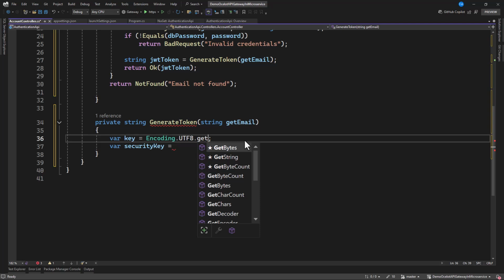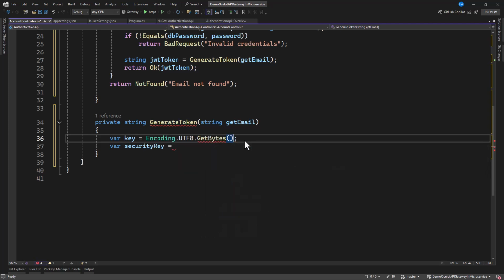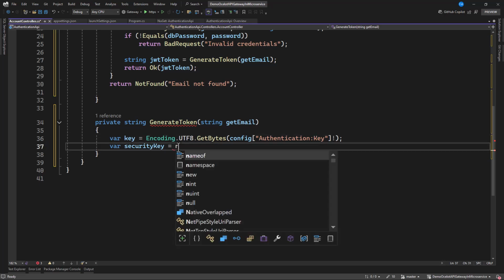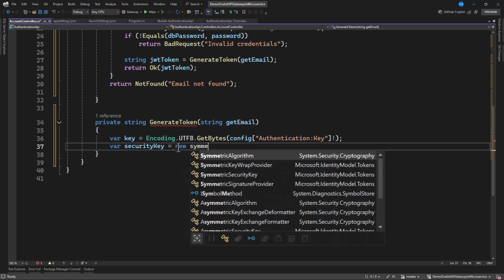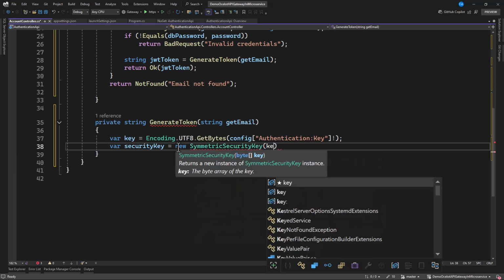Then let's paste it in like that. Let's make it check for now. Okay, so let's have a security key, and this is going to be new SymmetricSecurityKey. Now let's specify the key that we have in there.